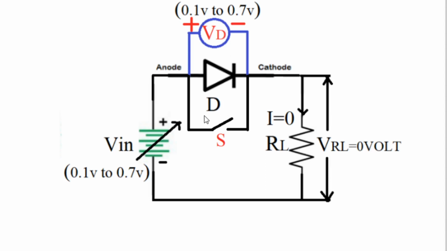Therefore, here again, whatever input voltage is applied, 0.1 volt, the 0.1 volt will be measured by the voltmeter connected across diode, and therefore VD equals 0.1 volt. If the input is 0.2 volt, VD will be 0.2 volt and accordingly. And till 0.7 volt, diode is behaving as an open switch, no current flows through the diode, therefore voltage across RL by using Ohm's law, V equals I times R, current I is equal to 0, therefore VRL is also equal to 0 up to 0.7 volt.